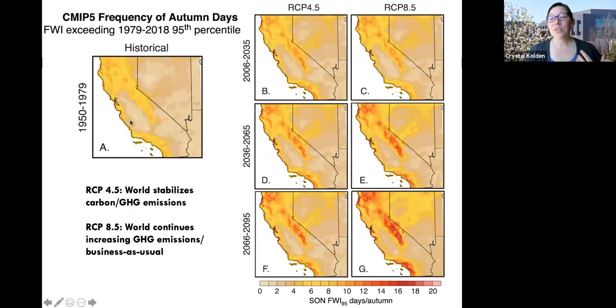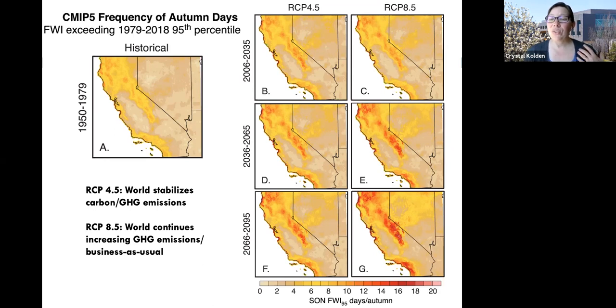And when we look at this spatially, where are some of the areas that we have this sort of increase in fire danger, right? The most extreme, over 95th percentile fire danger days, right? And what we see is that, yeah, it's all those places that just burn like heck, right? And along the Sierra Nevada. The left side of this is the RCP 4.5 level emission scenario. The right side is the more extreme, or what we think of as the business as usual scenario. And what we see is that by the end of the century, in this lower right corner,